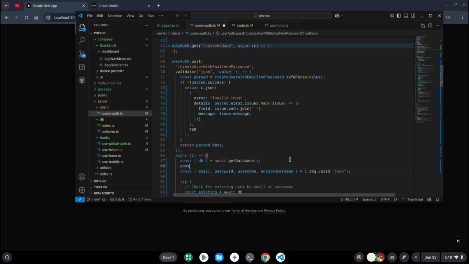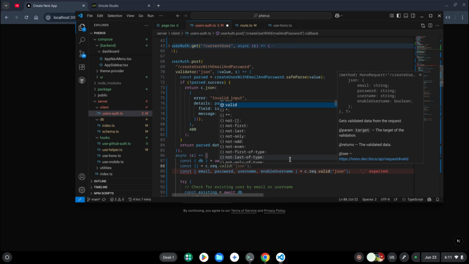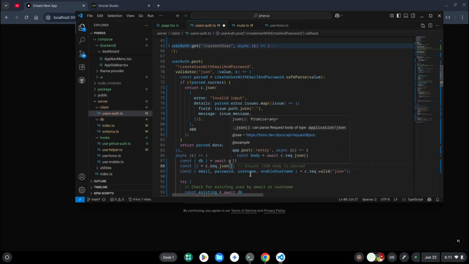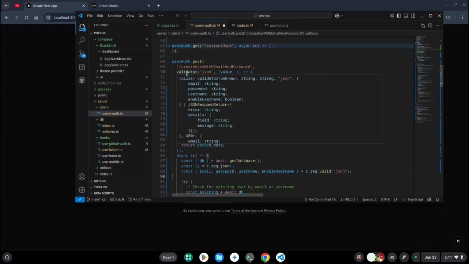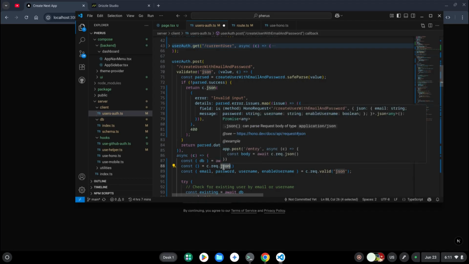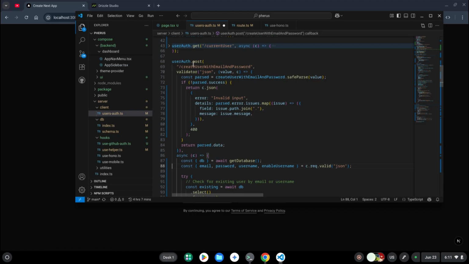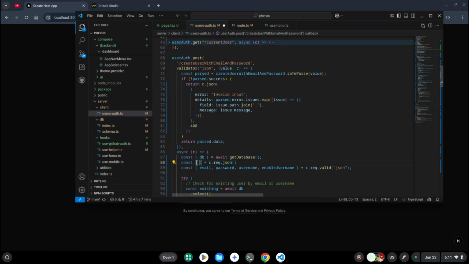So in hindsight, if we didn't have a validator, we would be returning our instances using c, the request instance of Hono, and then JSON itself. But since we have a validator, all we do is define this request path, the request return JSON right here, and then we pass in a value. Then this validator takes care of the values that were supposed to be returned inside here, like email, the password, and so on, so that all the values that are supposed to be in our objects are returned back from value